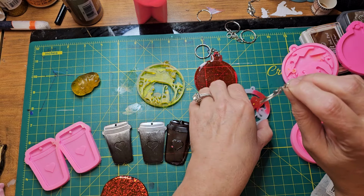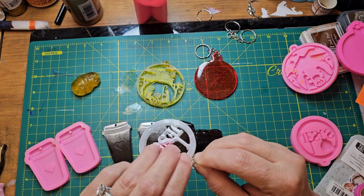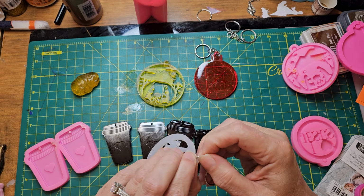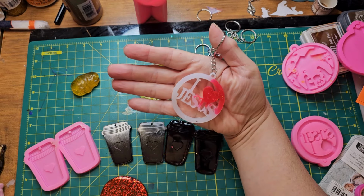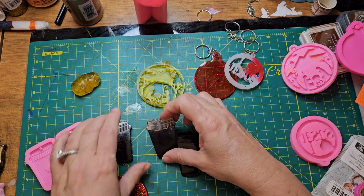Hey, I didn't have to take them off this time. So, a jump ring and Jesus. What do you think? You think it's a good keychain? So, this